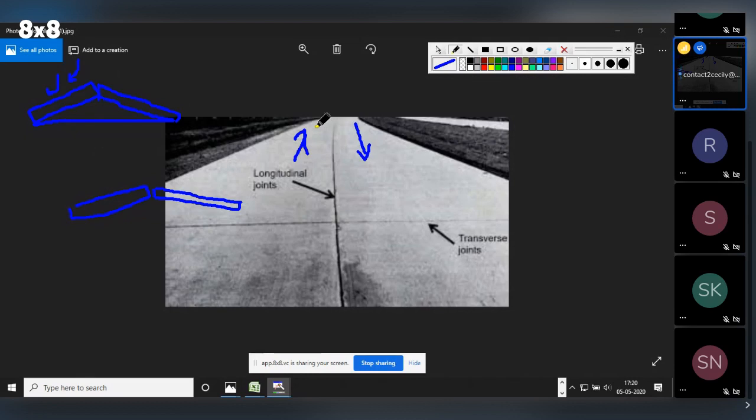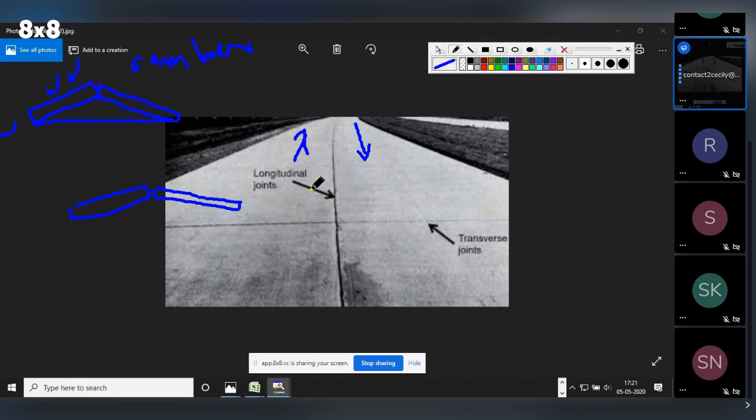What do we call this one? Camber. There was a term, right? Camber, CAMBER, in the geometric design. That is the cross slope which we provide for drainage purpose, so that if rainfall falls, it will not deposit here. It will rather flow along this slope to the drainage canal, so that no water will penetrate into the subsequent lower layers.